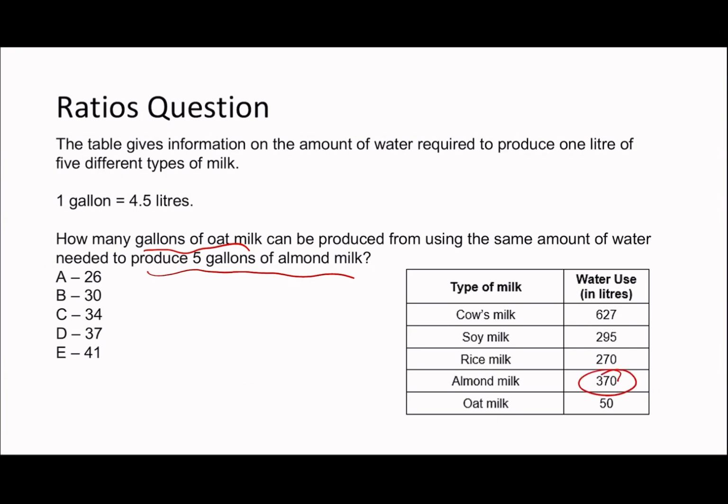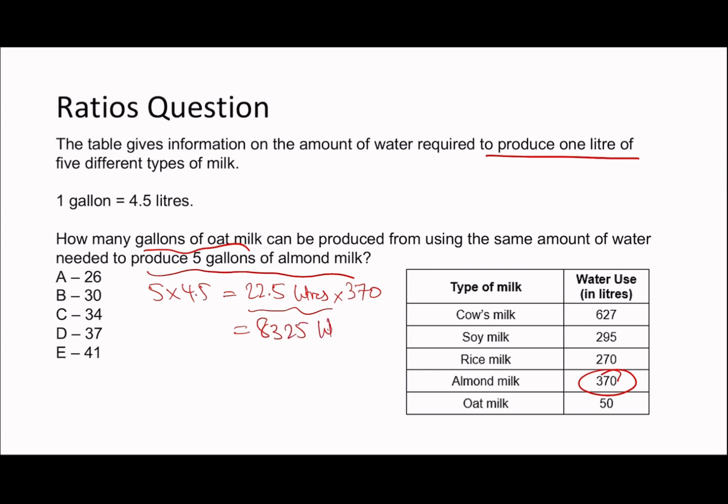It shows you the water required to produce 1 litre of 5 different types of milk. If we're making 5 gallons of almond milk, we do 5 times 4.5, which gives us 22.5 litres of almond milk that we need to make. But we know that the water you use is 370 per litre, so you multiply this by 370. So 22.5 times 370, which is